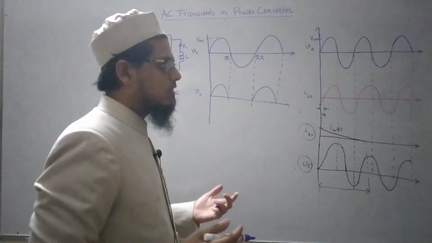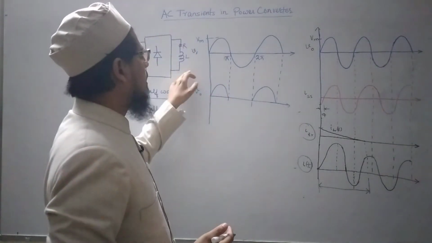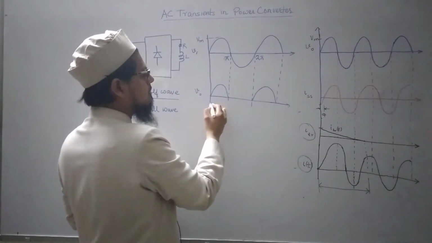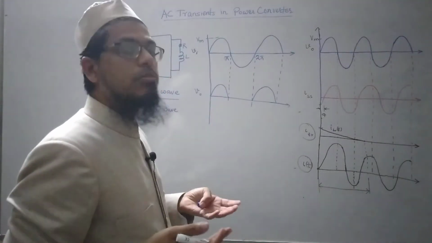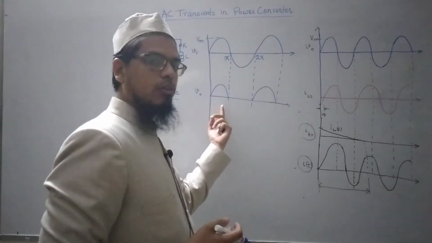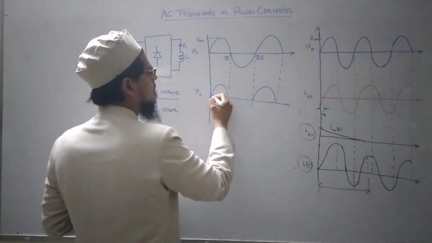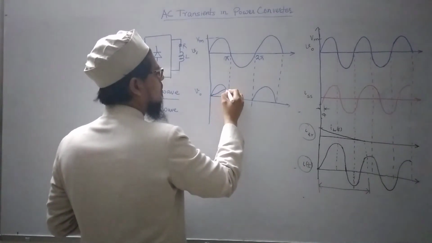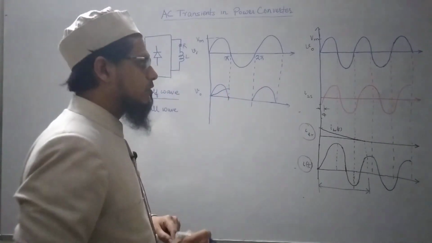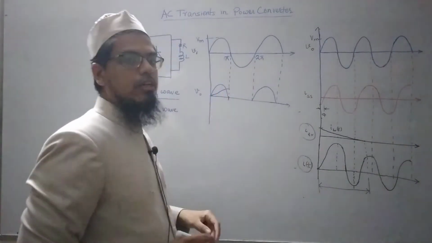What about the current? So we have already seen that if this type of waveform is given to the RL circuit, although it is not full sinusoidal, only half part of it is sinusoidal, we can take the expression of current that we derived in the previous case here also. So current will start from 0 and it will go and reach a maximum value here, and after this point, you could see that the voltage across RL has reduced to 0.